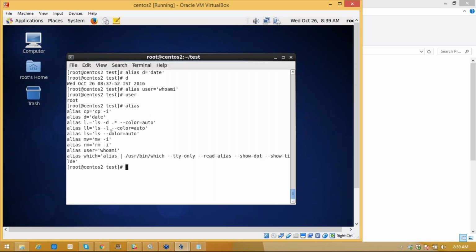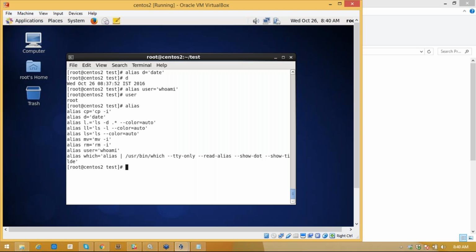You can use unalias. If you don't want to execute that alias, say unalias d, and it will remove that alias. Suppose user is set to whoami. If you want to remove it, you can say unalias user, so that it breaks that relationship. If you just run alias, it will tell you what aliases are there on your machine.